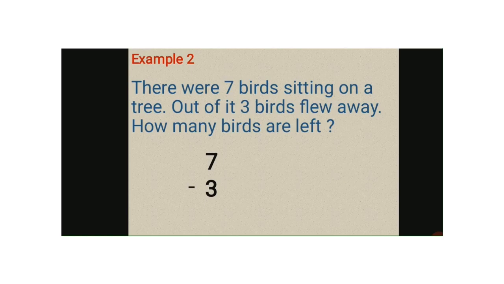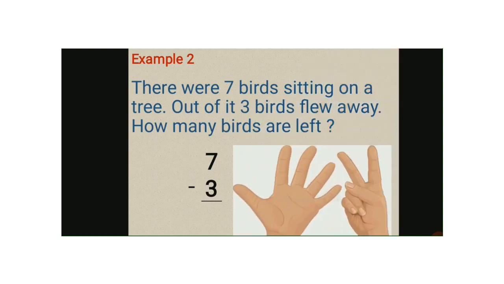What are we going to get? You can use number lines also and you can use your fingers also. If you want, you can take out 7 fingers. See? Like this, you take out 7 fingers, and from these 7 fingers, you put down 3 fingers. 1, 2, and 3. 3 fingers. If you put them down, how many fingers are left with you? 1, 2, 3, 4. 4 fingers are left. Now the answer is 4.